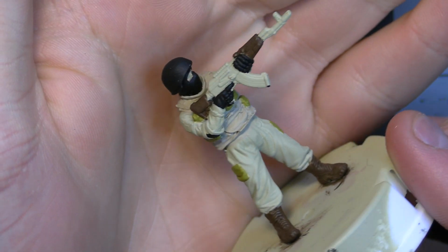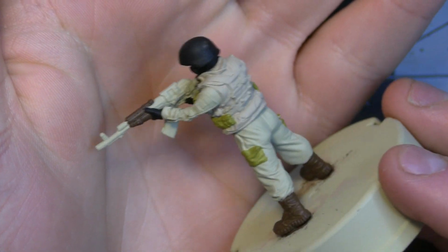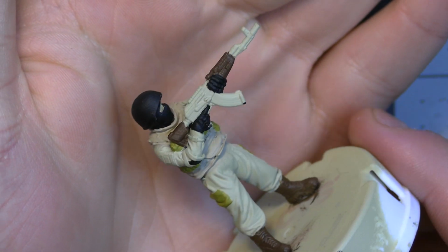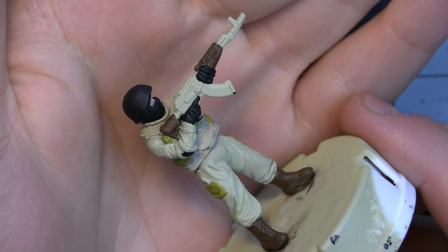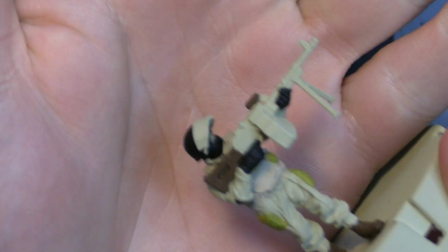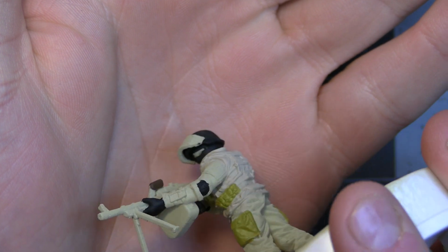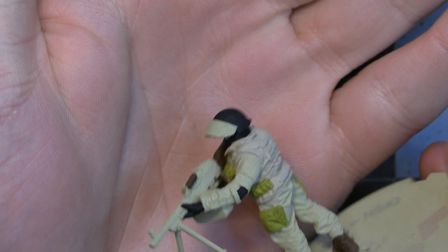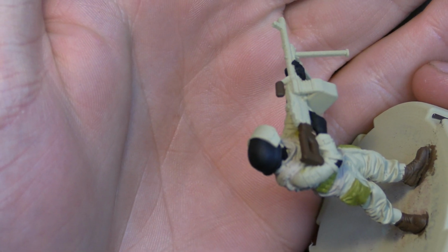So we finished up the dirt spatter here, again covering up the boots, and then also covering up the parts of the gun here, of course, with the Rifleman, the stock and the front of his rifle. Here's our support infantry soldier, again his stock. I don't know if the camera picked it up, but I did get the handle, and then of course a little part on top of the